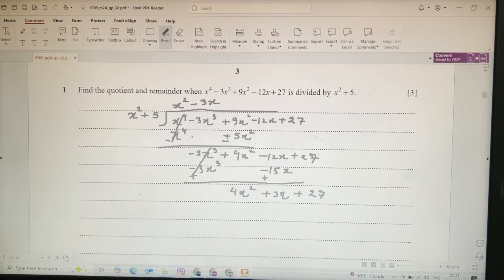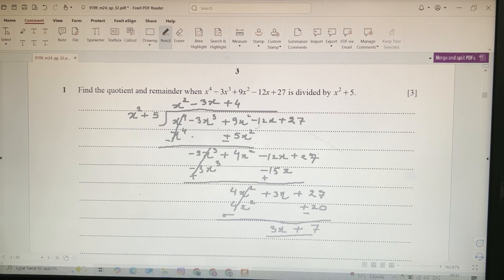Now we have 4x square and here we have x square, so we should multiply by 4 so that here we'll get the same term, and that is 4x square. Then 4 will multiply with 5, so this will give you 20. Again we'll subtract, sign will change. 4x square will get cancelled. We are left with 3x plus 27 minus 20 will be 7. So remainder is 3x plus 7